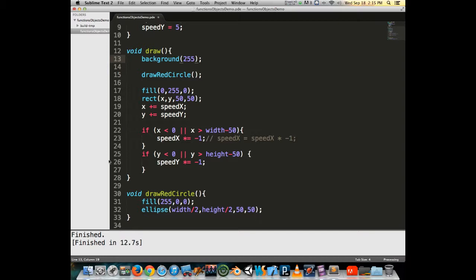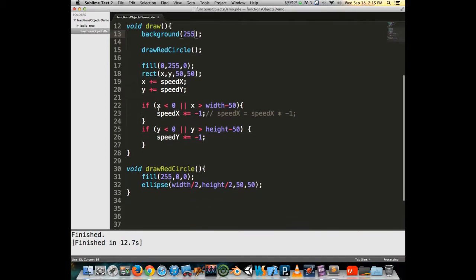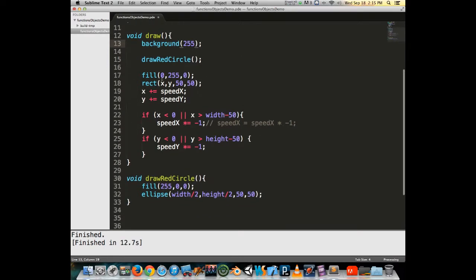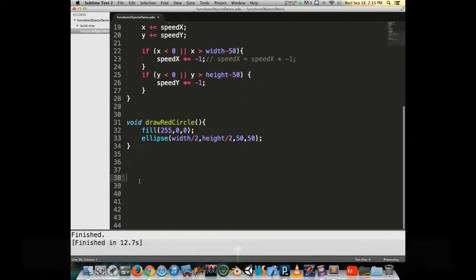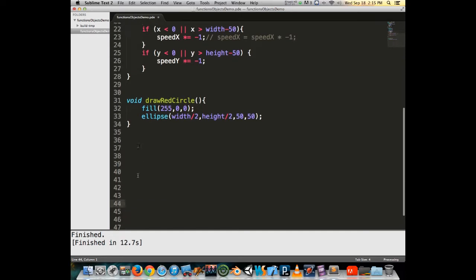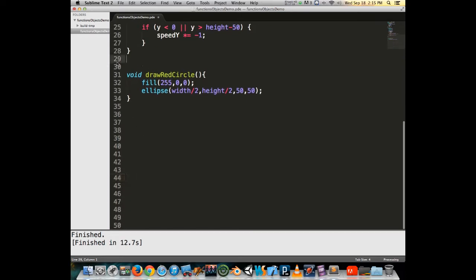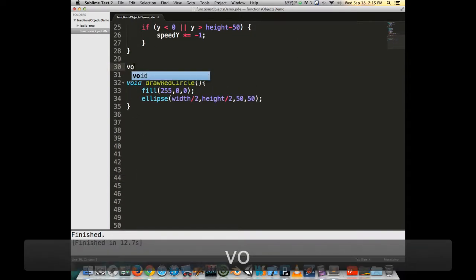But what's really going on here is I'm doing a couple of different things. Draw red circle is now encapsulated into a function where it sets a fill color and then draws a circle. We could do a similar kind of thing with our rectangle. So instead of just drawing red circle, I could say void